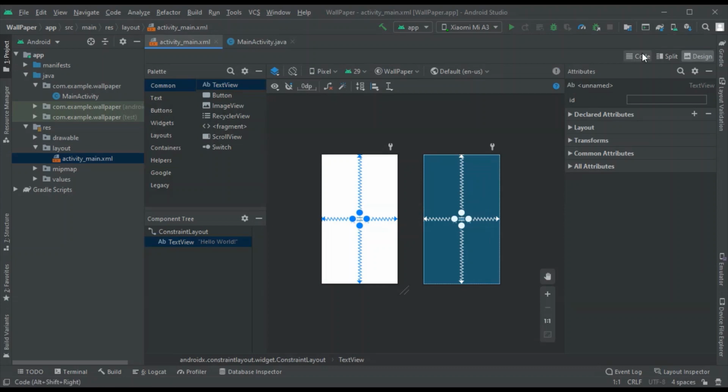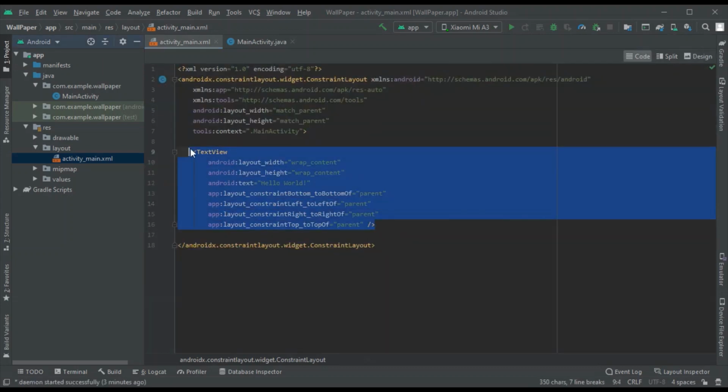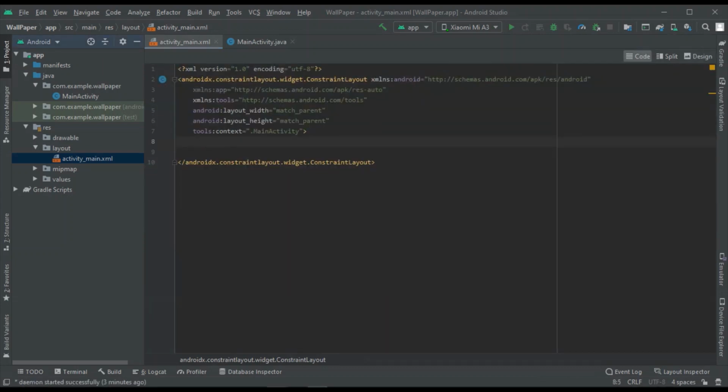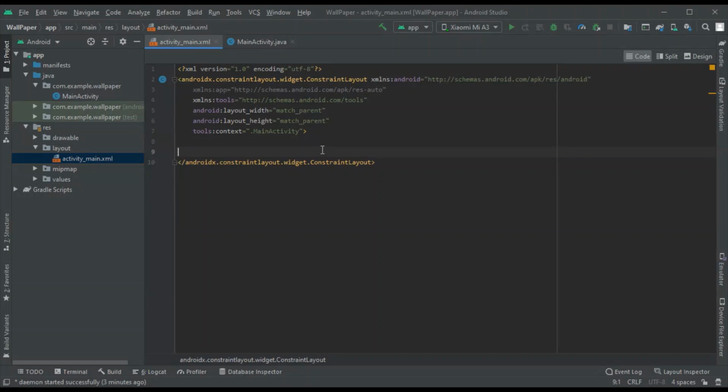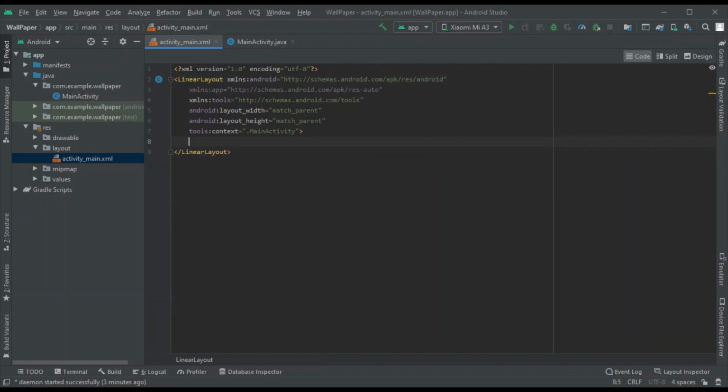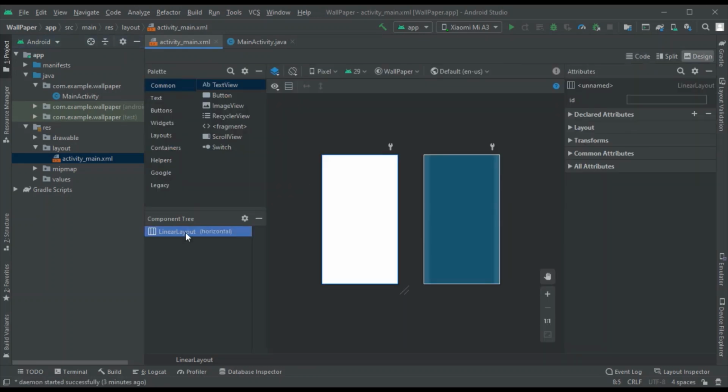So first let me clear this text view, and here they have mentioned that we have to use a linear layout in order to do the design. So let me just clear this constraint layout, and here just type in linear layout, and if you go to design, you can see linear layout has been added.